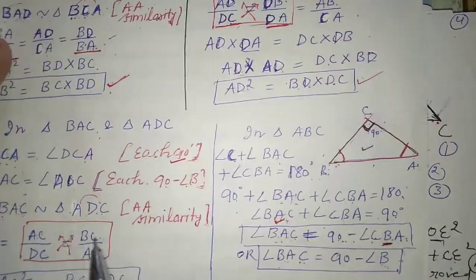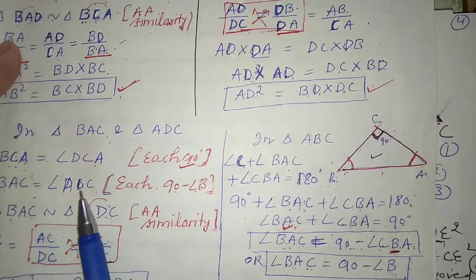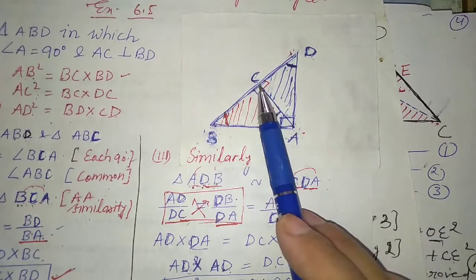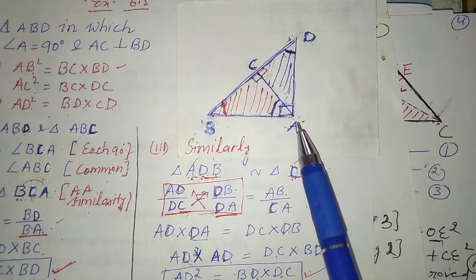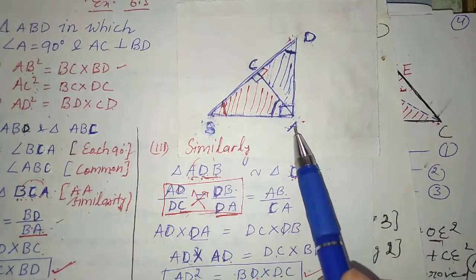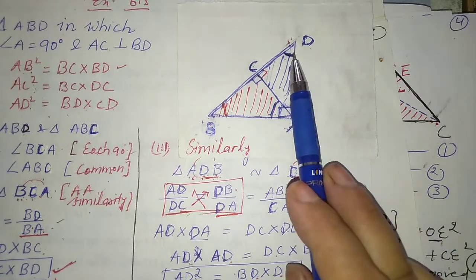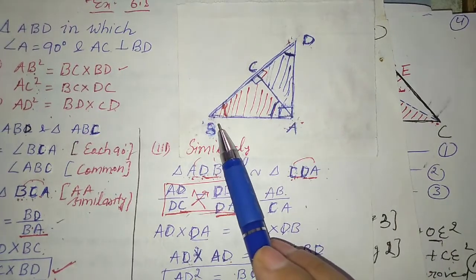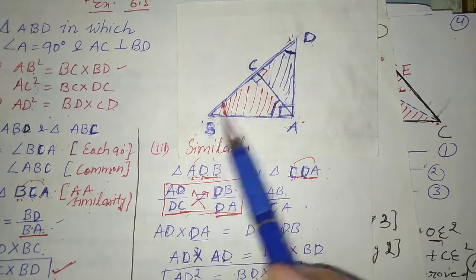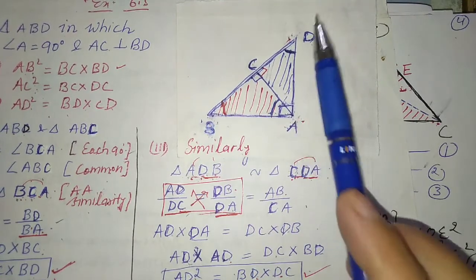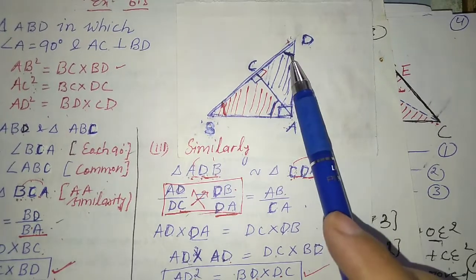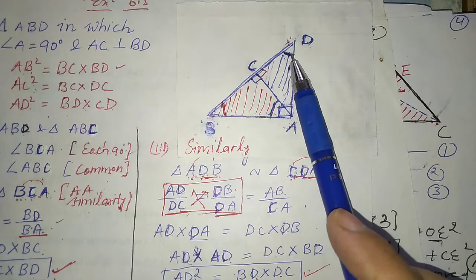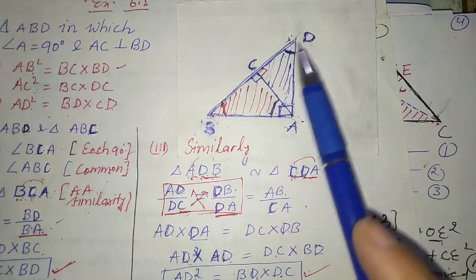Because we have taken this, what we want to prove, here we have taken this angle ADC. Now to find the angle D, we will take triangle ABD to find angle D in terms of B. Because C is a part of BD, we can write the triangle as ADB or ADC. D will remain in both. So we will find the value of angle D in terms of B.